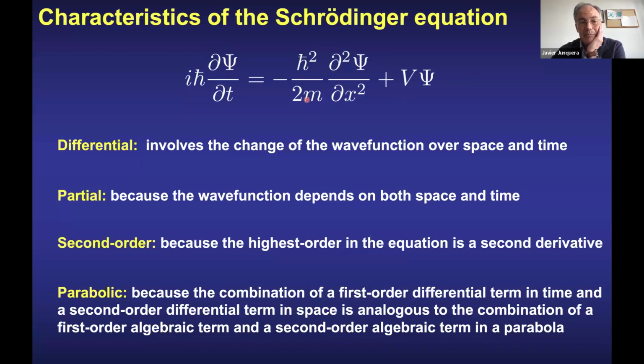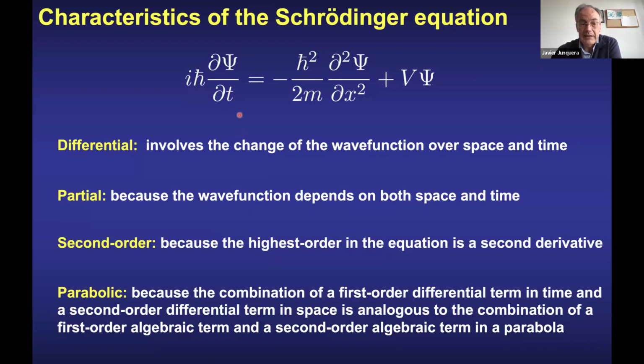And then here we can check how this is a differential equation because it involves the change in the wave function both over time at the left-hand side and over space at the right-hand side. It is partial because the wave function depends both on space and time. So this differential equation involves the partial derivative with respect to time and the partial derivative of the wave function with respect to space. In this particular case, this is the second derivative. So this is a second order differential equation because the highest order in the equation is a second derivative,